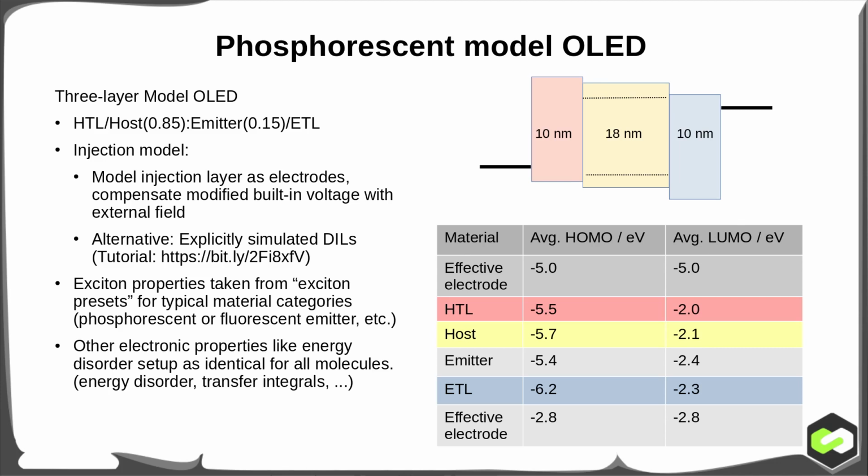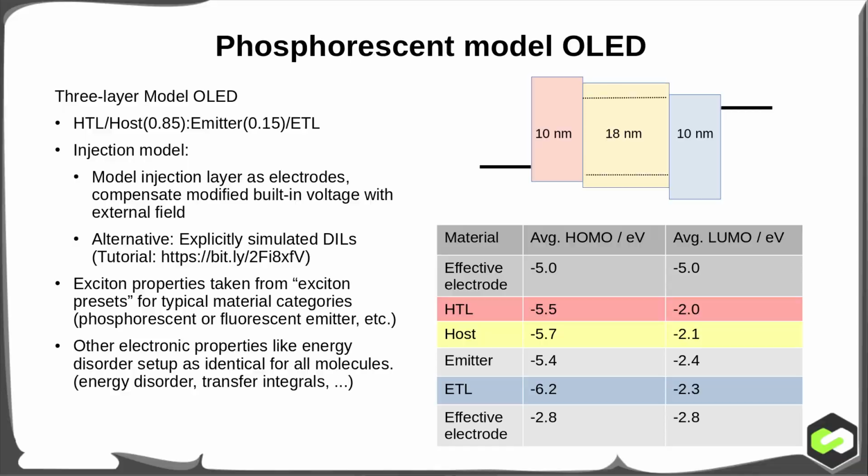Other electronic properties like the energy disorder or the coupling between the different molecules we'll take as identical now for the simulation, but I will show you how to adapt all of these properties, also the properties for the excitonics. Now, without further ado, we will switch to the SimStack GUI in order to set up the calculation of this